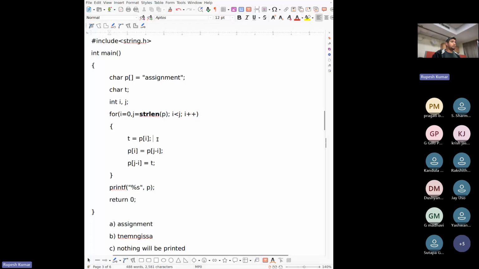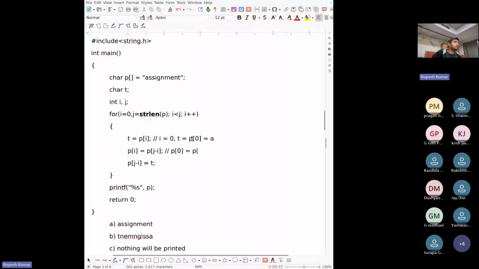So i is 0 basically here. So this means t becomes p at 0, which is a. Now, what is p at 0? This is what this line is doing. It is saying p at 0 is equal to p at j minus i.